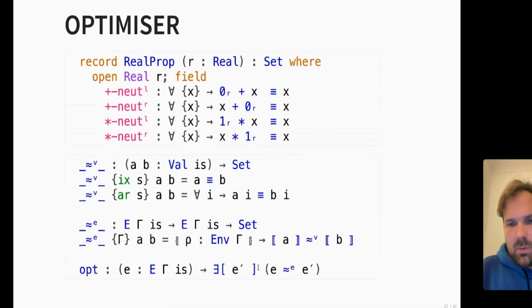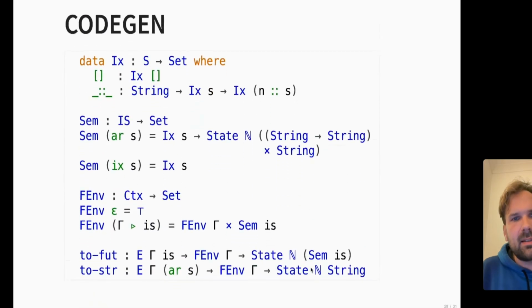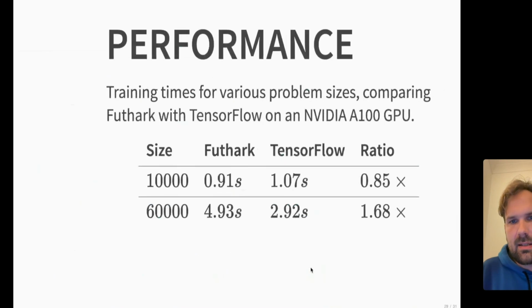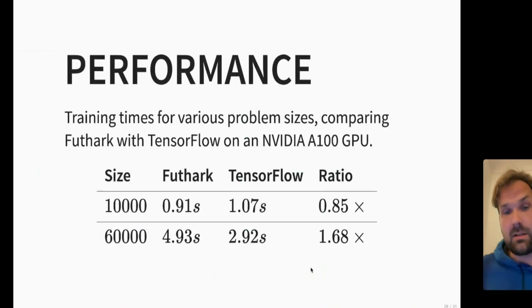Okay, I'm going to skip the optimizer. We can optimize and we can prove that each optimization preserves the semantics. It's standard. We do code generation. And let me talk a little bit about performance. So we generate code, we give it to Futhark,